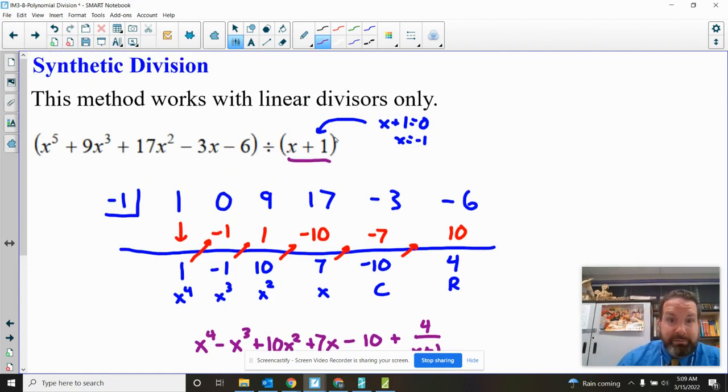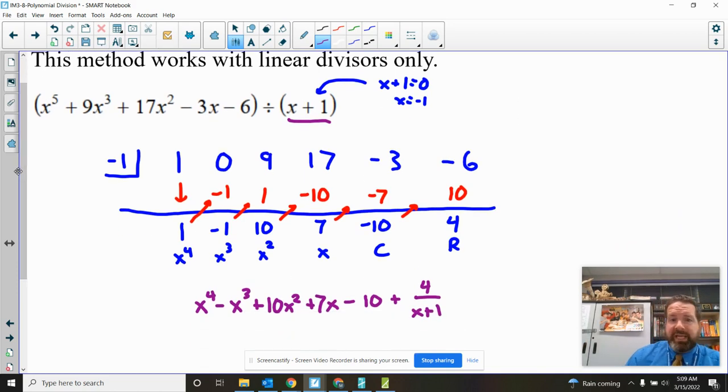So the takeaway, this is a method, synthetic division, that you can use anytime you're dividing by an x to the first power. Quick recap, and then we'll do another. So set up this little grid here, the coefficients of your dividend in order. If there's any missing, you have to put that 0 in. If you don't, it's going to screw up everything. That 0 has to be there if there are any missing powers. And then in the box goes whatever value for the variable makes the divisor 0. So honestly, it's worth it, making sure you take the time to write this step out so that you put the right number